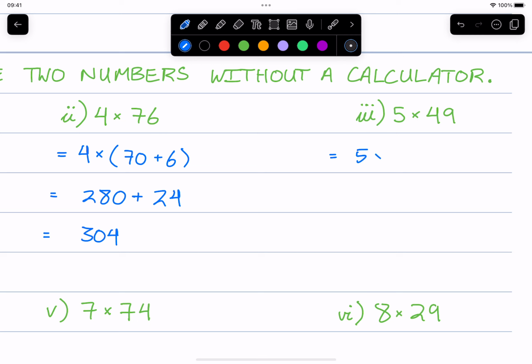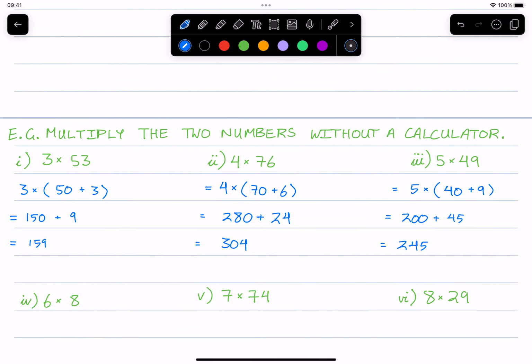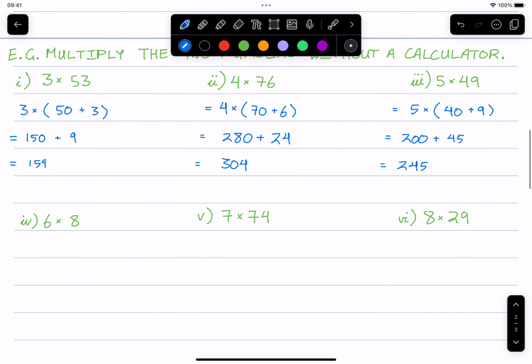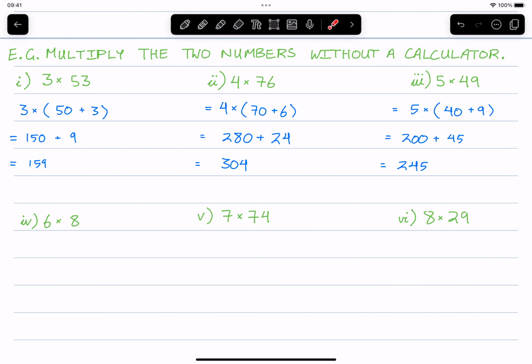Once again, we split this into its two different values. So it's going to be 40 plus 9. 5 times 4 is 20. 5 times 40 must be another 0. 5 times 9 is going to be 45. Adding these two together is 245. Now with some practice, well, with quite a lot of practice, we don't actually need to write this step